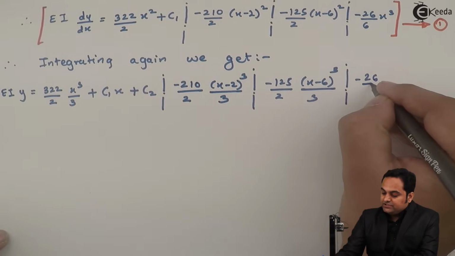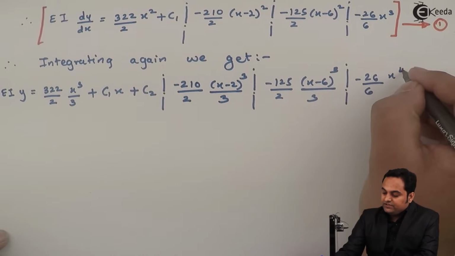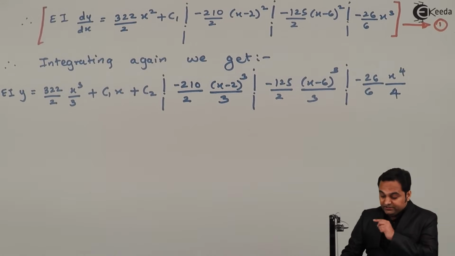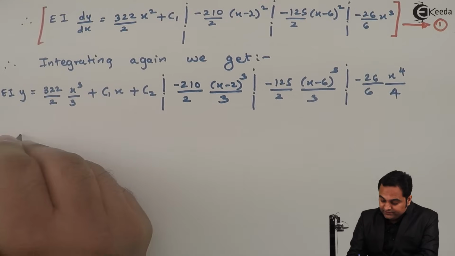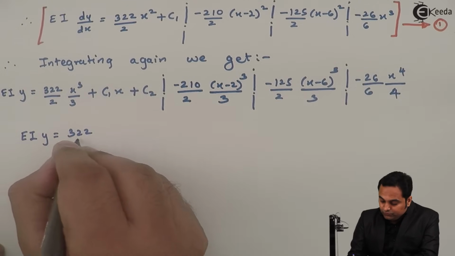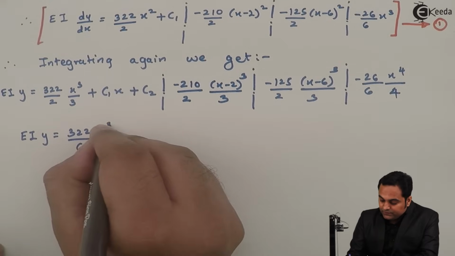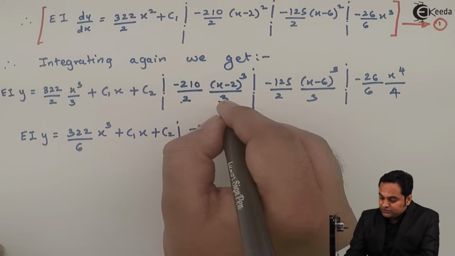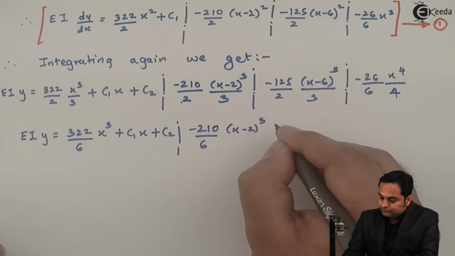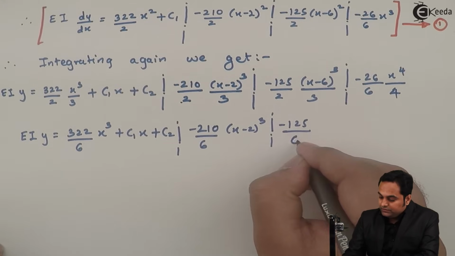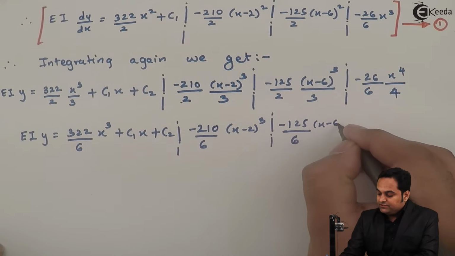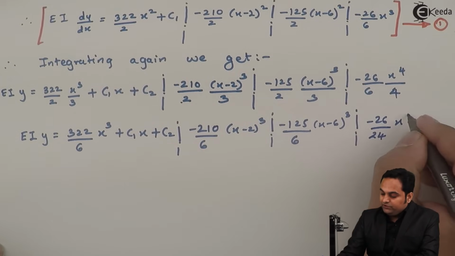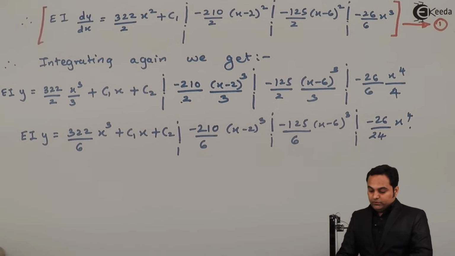At last, minus 26 by 6 x cube, so that becomes x raised to 4 divided by 4. So here I have integrated it again, then simplifying it, here we have 322 into 3, that is 6, x cube plus c1 into x plus c2, then minus 210 by 6, then 2 into 3, that is 6, x minus 6 whole cube, minus 26, 6 into 4, that becomes 24 x raised to 4. Now the equation which we have,